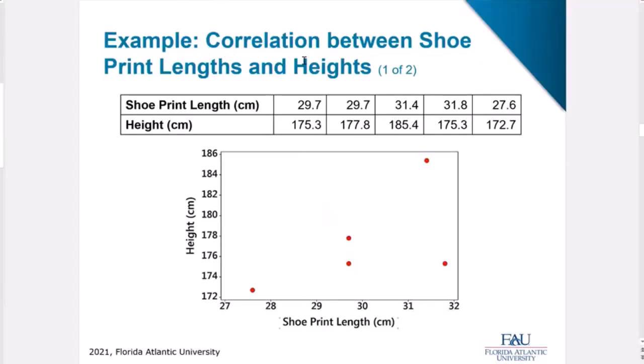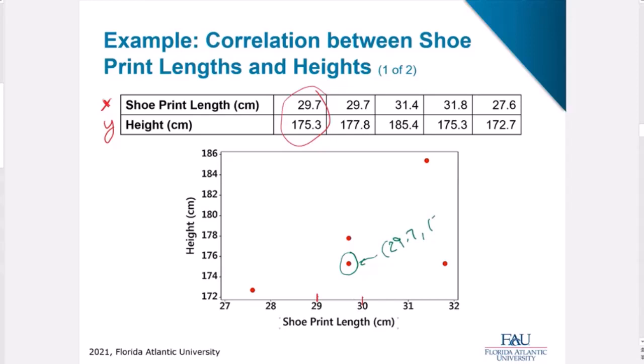Now we're going to look at a correlation between shoe print lengths and heights. And you can see here that we've taken just 5 data points and we've plotted them. For example, I'm saying that this is my X value and this is my Y value. If I want to plot 29.7, 175.3, it's between 29 and 30. And I would say, and 175, this is that point,